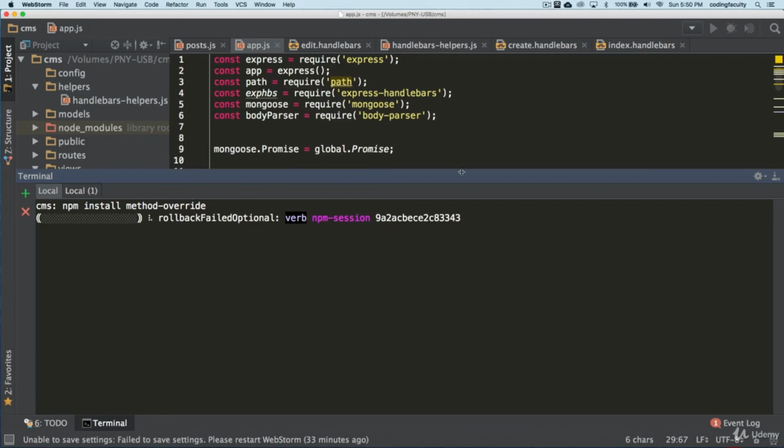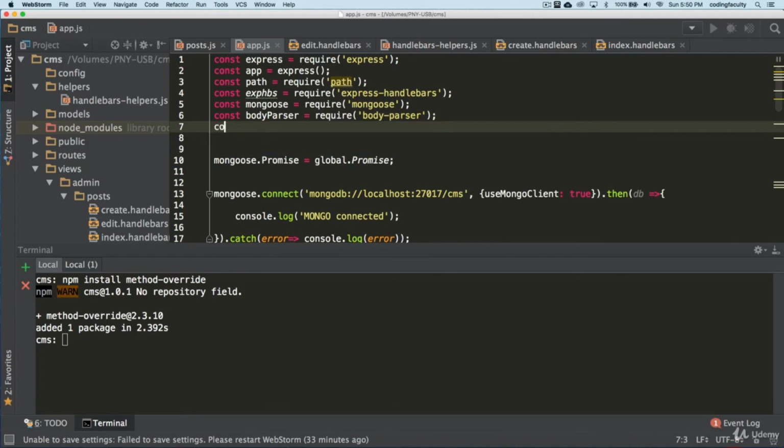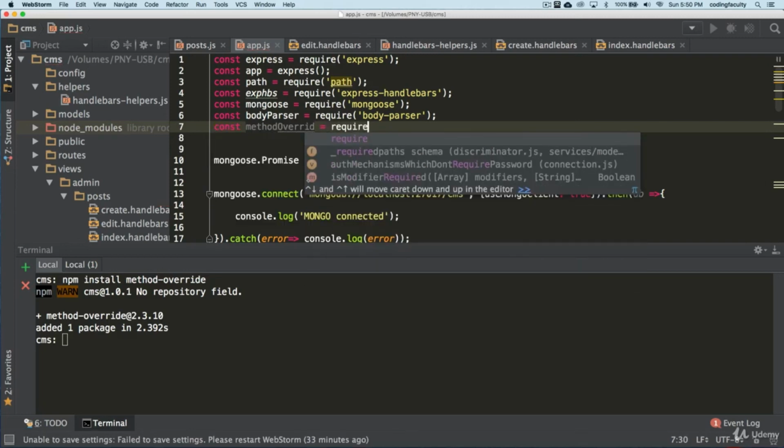In app.js, we are going to be using this, so we need to pass it to a middleware, but first we need to include it. So method-override, let's make sure that we're spelling this correctly here, and we are requiring this.